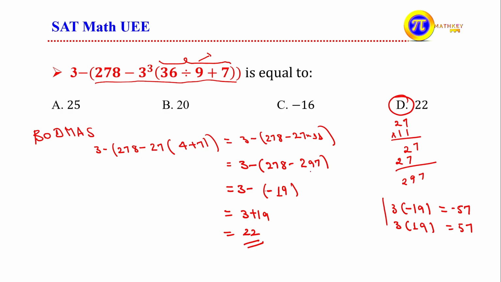That means the difference between 278 minus 297. After we obtain the difference, we have to take what? Multiply this by negative 1. It becomes plus. So the value is equal to 22. ስለዚህ በዛ አይነት መንገድ ሌሎችም ጥያቄዎች ማሳየት ትችላላችሁ።